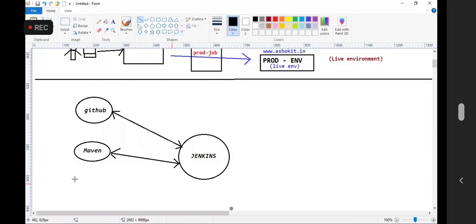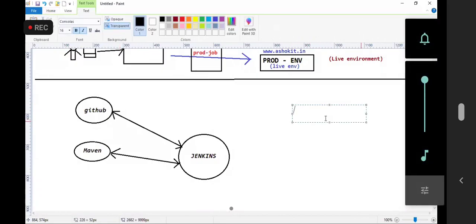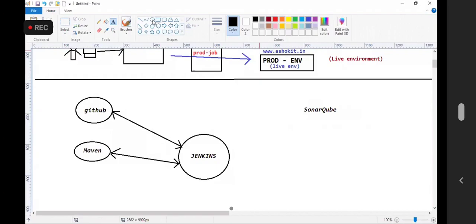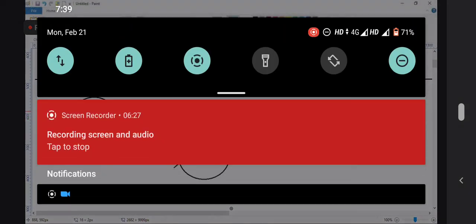When the code comes from GitHub and is packaged, I want to perform a code review, to check whether all the developers are following proper coding standards or not. To perform the code review, there is one software called SonarQube. As of now we have not discussed it, guys. We'll discuss it in the coming class. There is one software called SonarQube. Jenkins will be